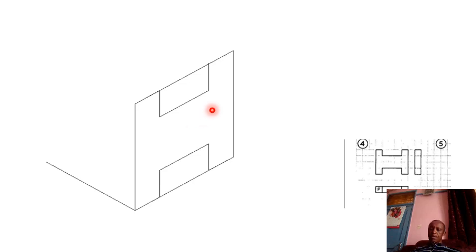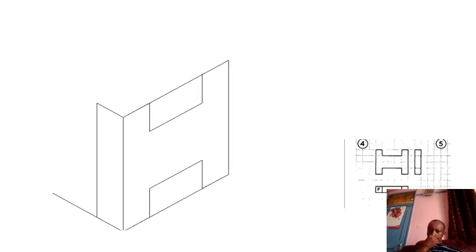So since the front elevation has been placed on this plane, then the end elevation will have to come on this plane, and therefore we can take this rectangle and place it right there so that it connects seamlessly to this one. Yeah, you can see now that it has been placed. This rectangle has been placed, but we can still see these dotted lines, and the dotted lines simply show that